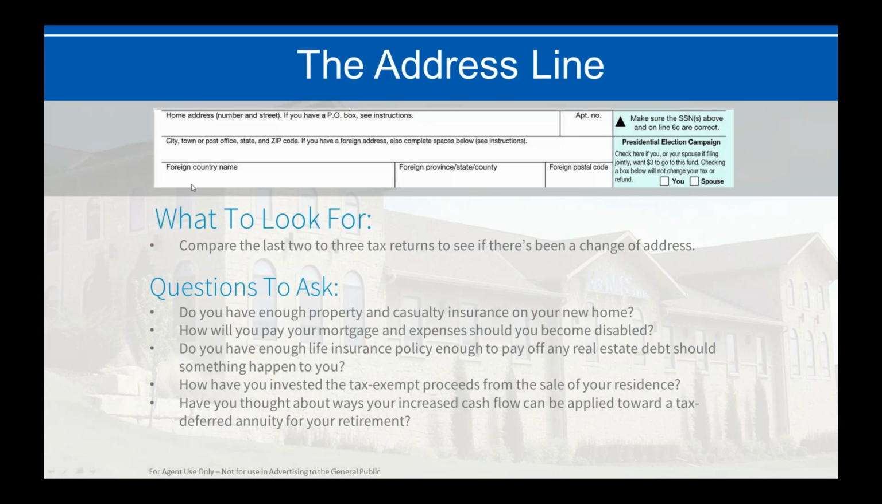Okay, on the address line, again, there's not a lot here. If there is a change in address, some cross-selling opportunities could be property casualty. If you're a property casualty agent, do you have enough property casualty insurance on your new home? Or we can always generate a life insurance question here, perhaps. Do you have enough life insurance to pay off any real estate debt should something happen to you? And so again, address change, not a big